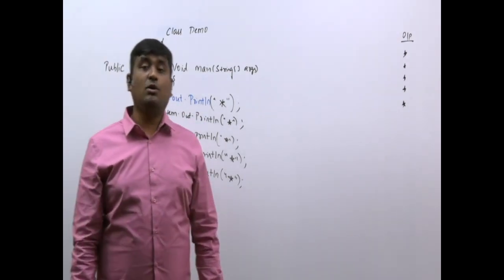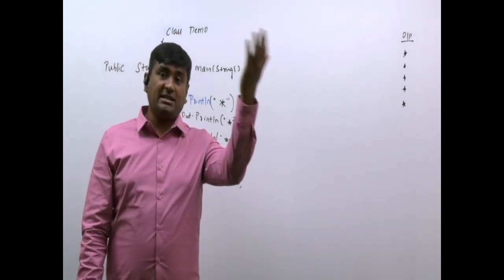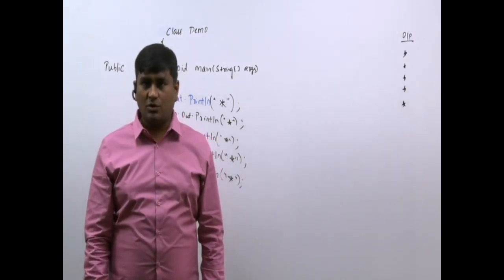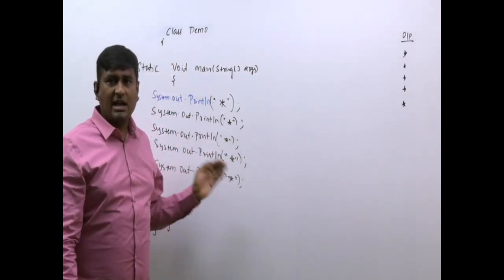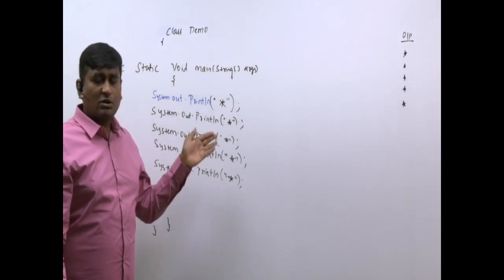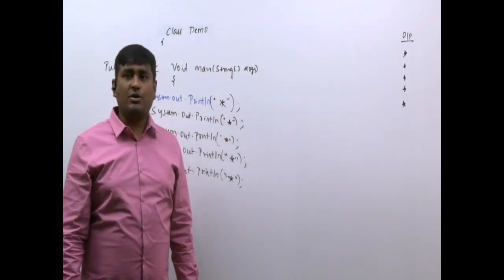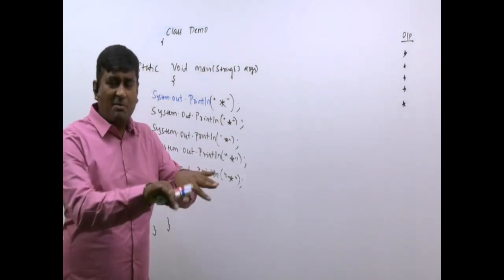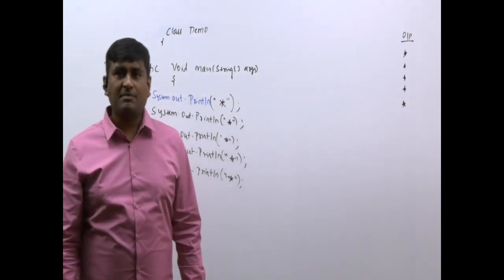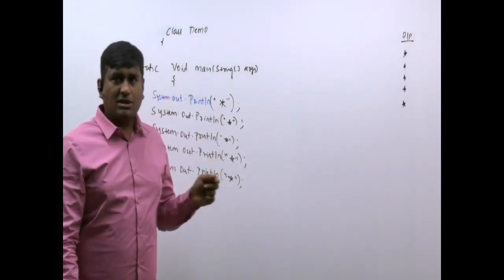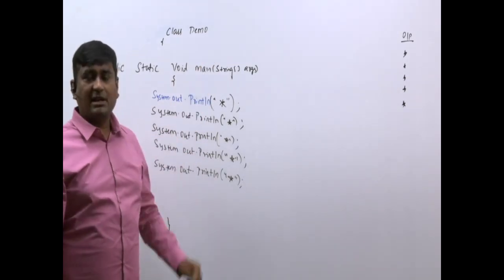Assume you want to display 1000 stars or 1 lakh stars, then how many lines of code will you be writing? What will you keep on writing? System.out.println star, System.out.println star. Some students may argue, sir, I will not type, I will copy paste. How many times will you copy paste? And how do you check that count correctly? 1 lakh times only it has been repeated like that.